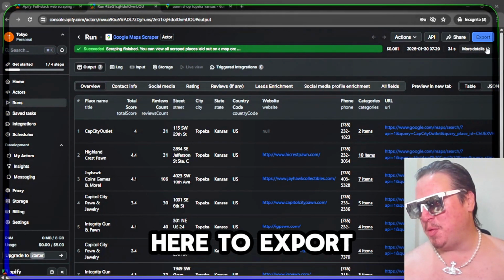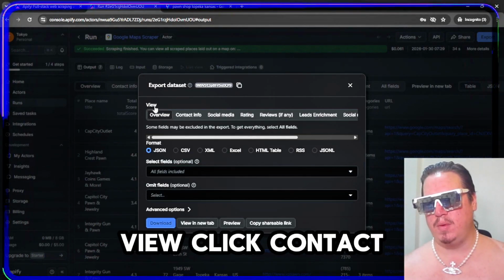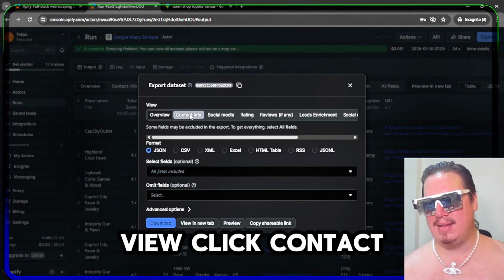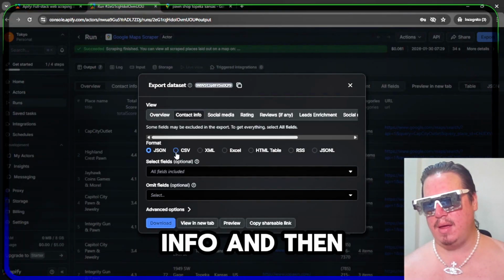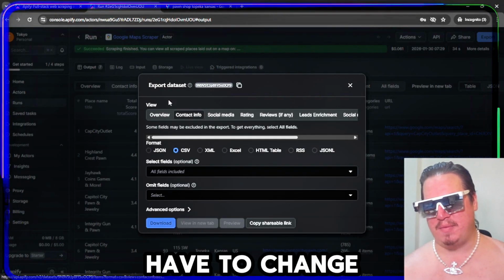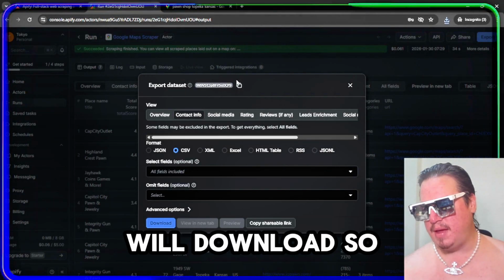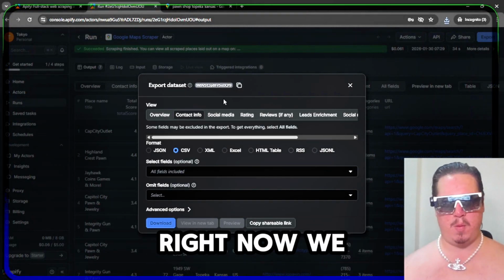So then we're going to come up here to export. And this is important too, okay? So on view, click contact info, and then format CSV, okay? And you don't have to change anything else, and hit download. All right, and then that will download. So right now we are done